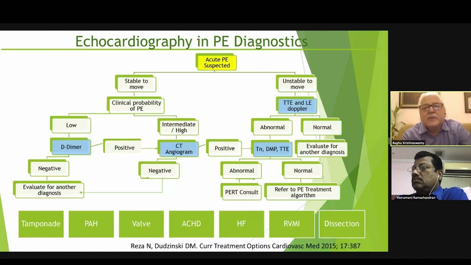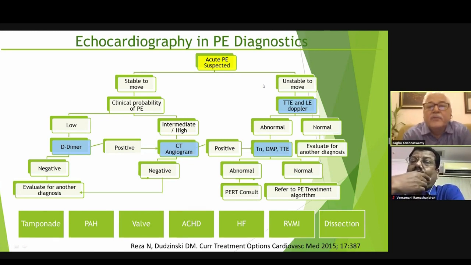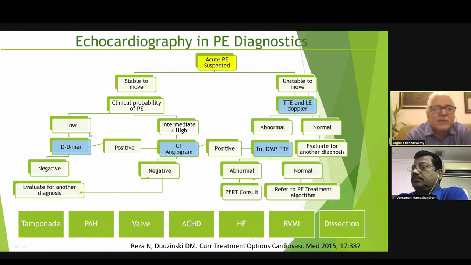So, how does echocardiography help here? This algorithm will help us to some extent. If you suspect an acute PE, if the patient is stable to move, then you use the clinical probability scores. And if it's low, a D-dimer is done. And if it is negative, you evaluate for another diagnosis. If it is positive, or if the pretest probability is high or intermediate and the D-dimer is positive, you go in for a CT angiogram. If it is negative, again, you